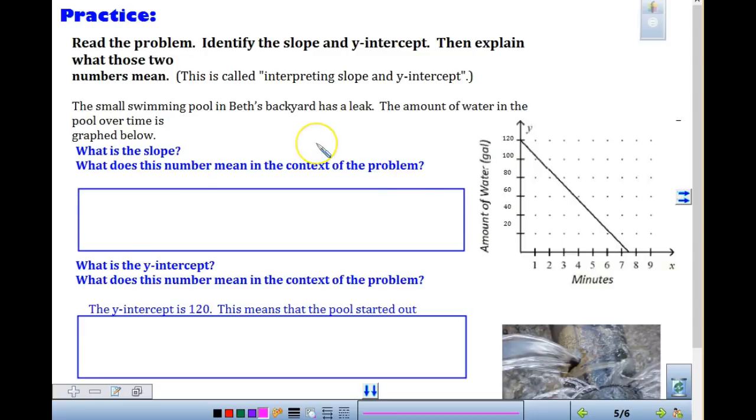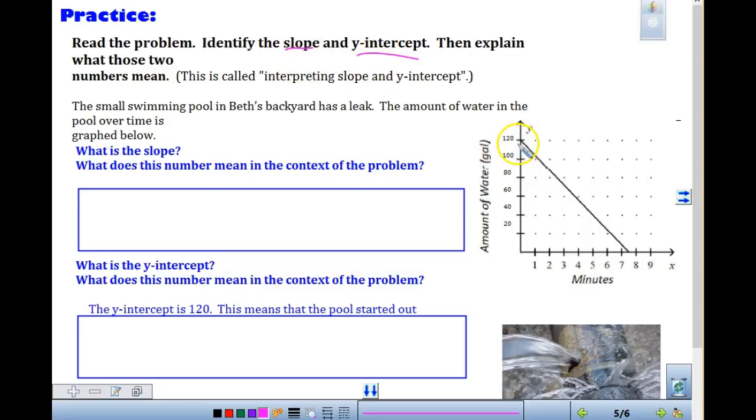Okay, this is an example of one of those real world situations. So we have a swimming pool with a leak. What we're going to do is we're going to identify the slope and the y-intercept. We're given the graph over here. And then we're going to explain what those two numbers mean in context. So,